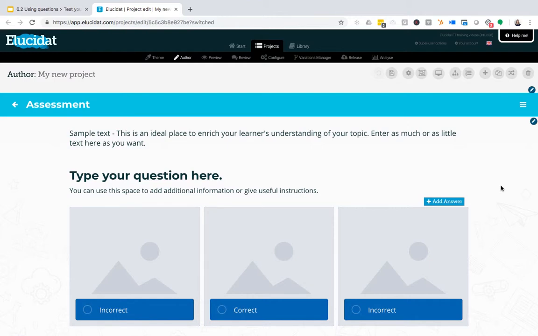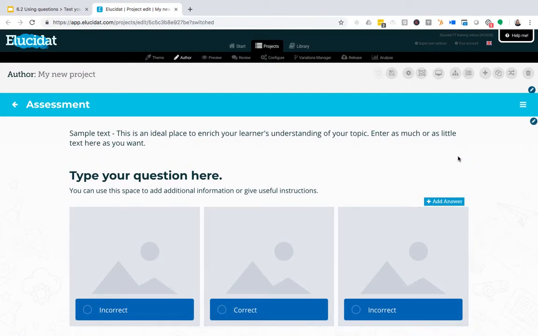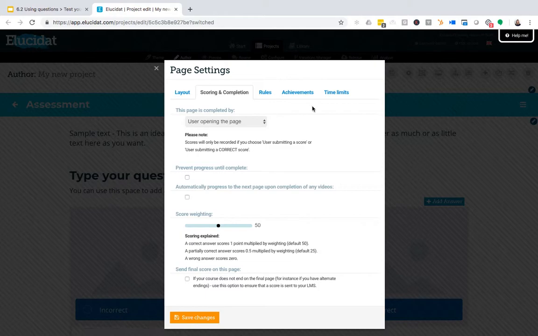So for today, I'm just going to take you through the things you need to do when you're trying to set up a scored question. And the first one of those is to make sure that Elucidat knows to look for a score on this page. Now to apply that setting, we go up into this page settings area and then into this scoring and completion tab. And what this tab allows you to do is to control when Elucidat is going to mark the page as